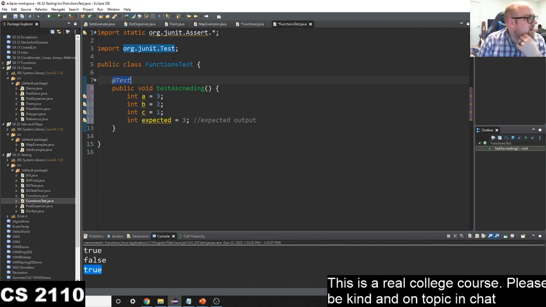You'll notice at the top, we have a couple import statements up here. Leave these alone, but they do need to be there. Your test methods must be public, must be void, and must have no arguments. From there,